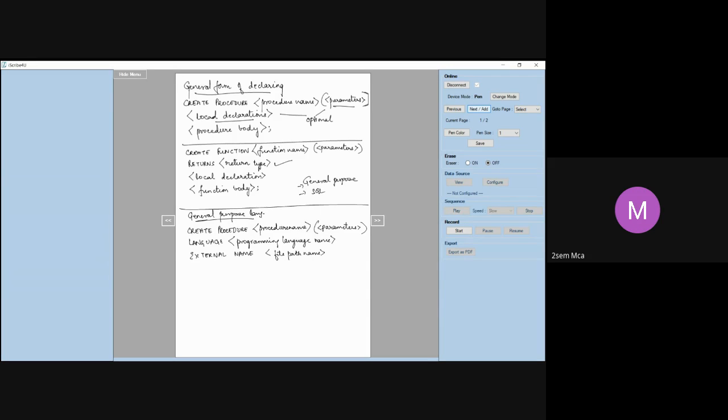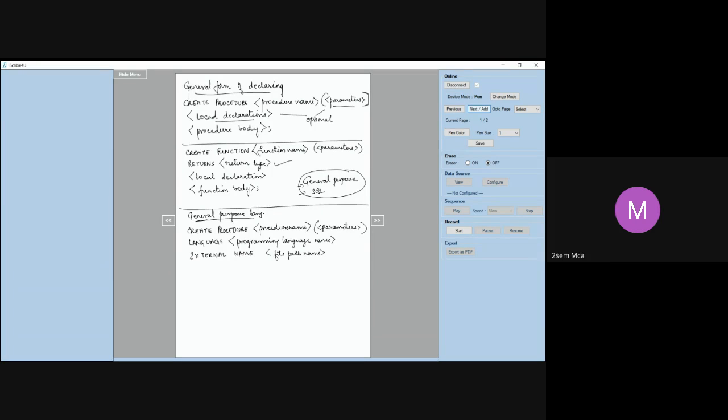I said your stored procedure can be written either in a general purpose language or in SQL. If you are writing it in a general purpose language, then you must mention which language you are using, and the file path. File path name means where you have stored that particular code.